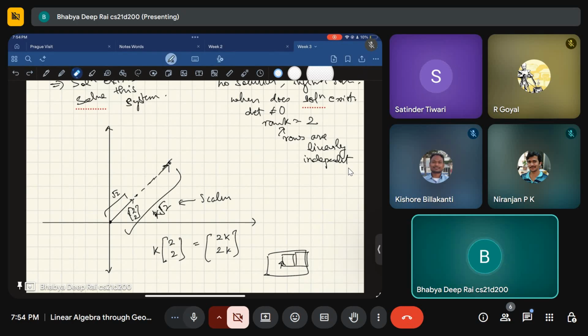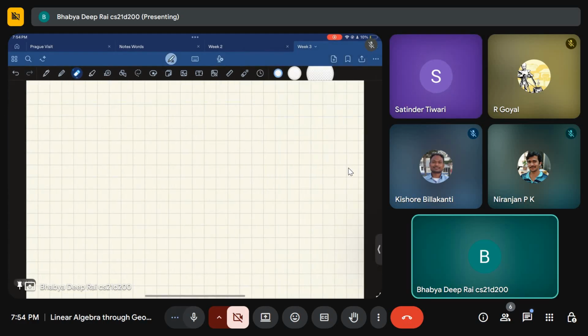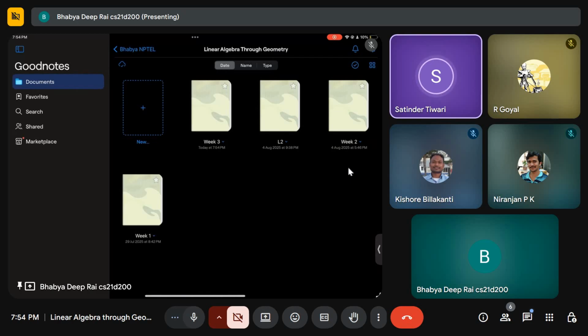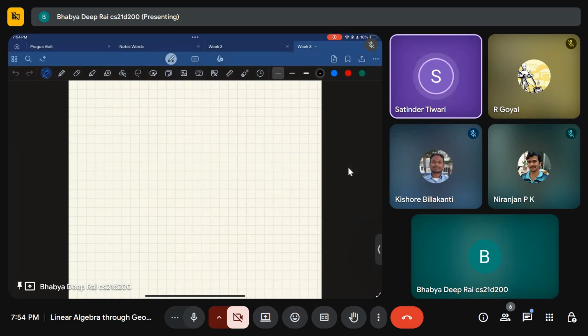So (5, 3). What you're talking about is the basis? Yes, sir, that's right. We can think like this. It is some other basis, and what will be his coordinates according to that basis? Agreed. That will be alpha 1, alpha 2. So alpha 1 and alpha 2 will be the coordinates according to the basis of the person whose basis is (1, 2) and (2, 1). Is that right?